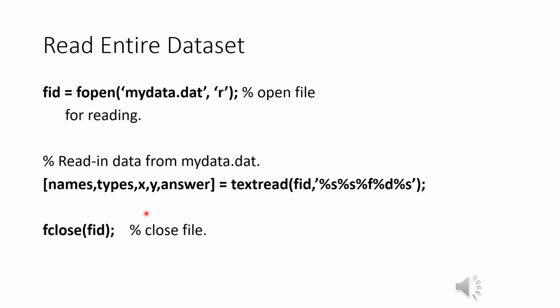So you have to put this, and then you have to tell what the first value is, what the second value is, what the third, fourth, and so on. So the first value is a string, then there is type that is also a string, then x can be a floating point, and d can be a discrete, a decimal number, and %s again means that the values in this column are alphabetic, a string.